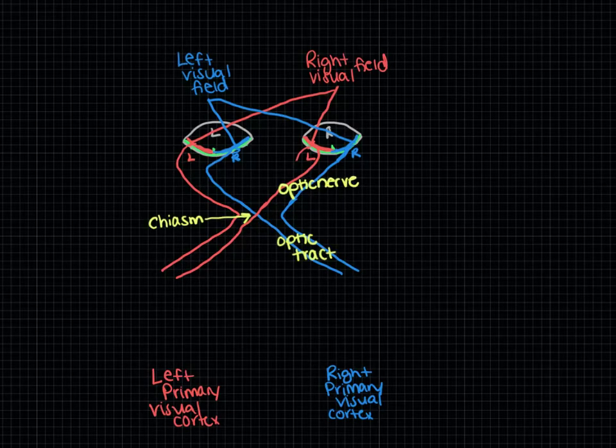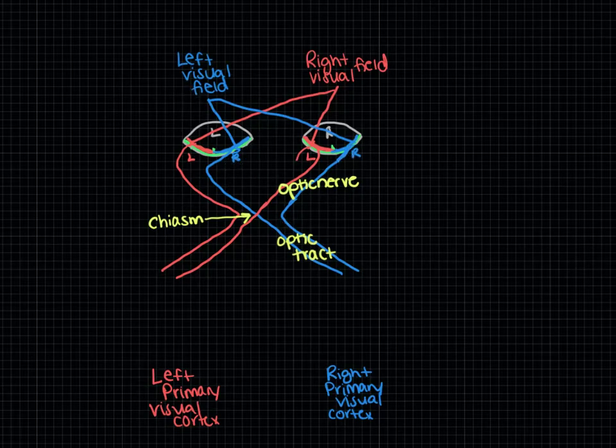So obviously you can see that the optic nerve is going to be composed of fibers from one eye from both the right and left visual field, whereas the optic tract is going to be composed of fibers from both eyes, but from the contralateral visual field. So anything after the optic chiasm is going to be from the contralateral visual field and the ipsilateral retinal field, because this is the right optic tract coming from the right hemiretinas coming from the